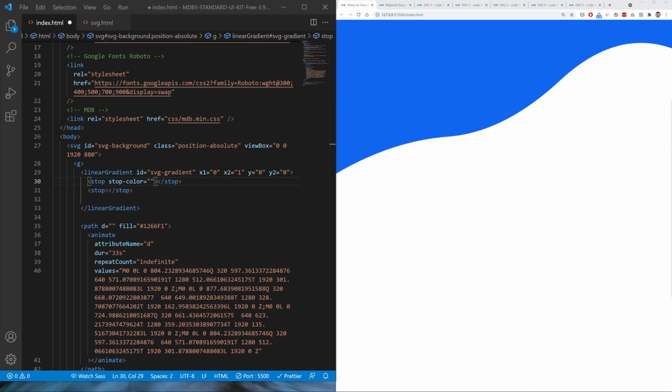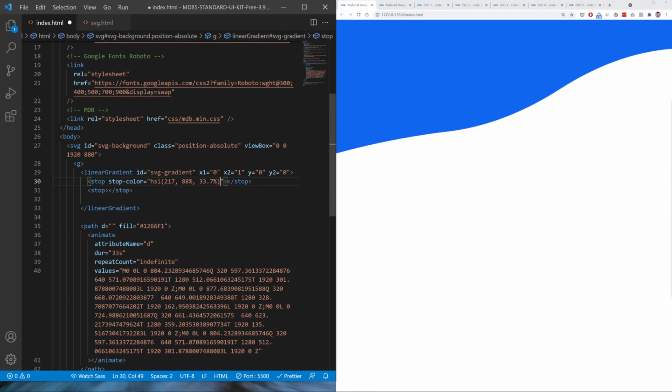I have prepared a color before, but you can use your own. And as always, I'm using HSL format because I consider this format to be the most useful and easiest to manipulate. And the second color,